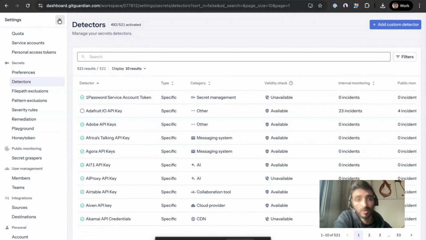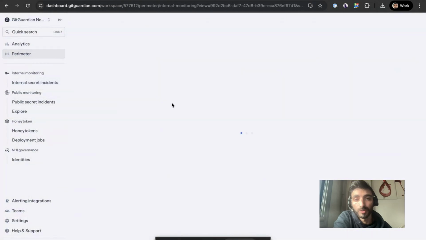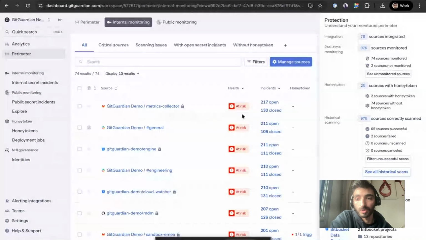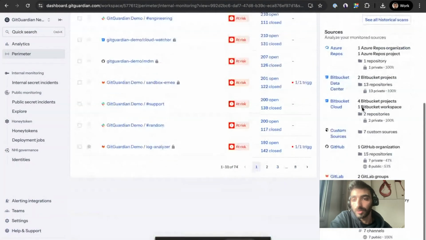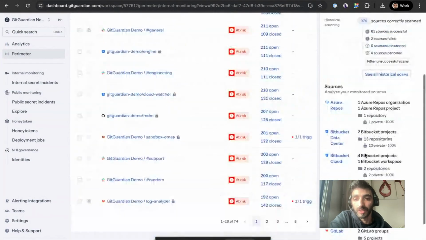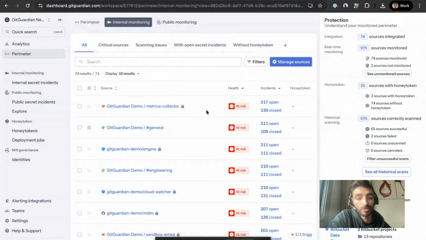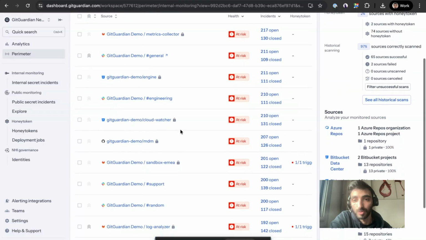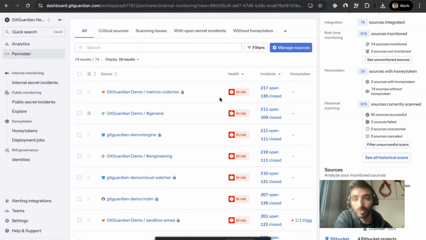Once all of this is integrated, what you get is a holistic view of your perimeter. This allows you to understand where everything is connected, and you can understand what's being monitored and what's being scanned. What GitGuardian does is that it can go into the history of each of your data points: your GitLab projects, your Bitbucket projects, your GitHub projects, even your container registries, your containers within your Artifactory. And it can scan the entirety of the layers or the commits going back to the first commit, and it can uncover this information so that you have visibility on where credentials sit and how they